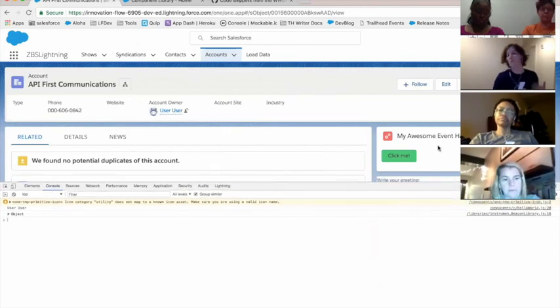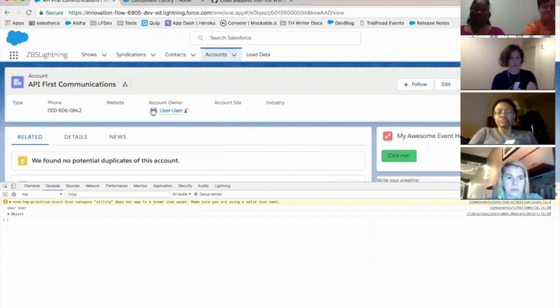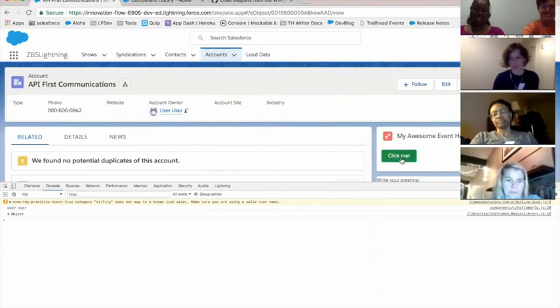So now, any guesses as to what might happen when I click this button? What sorts of things would we hope we start seeing? Yeah, something with an HTML event, an onclick event. Yep, hopefully not a giant error. So let's see what happens. I'm going to click this button and